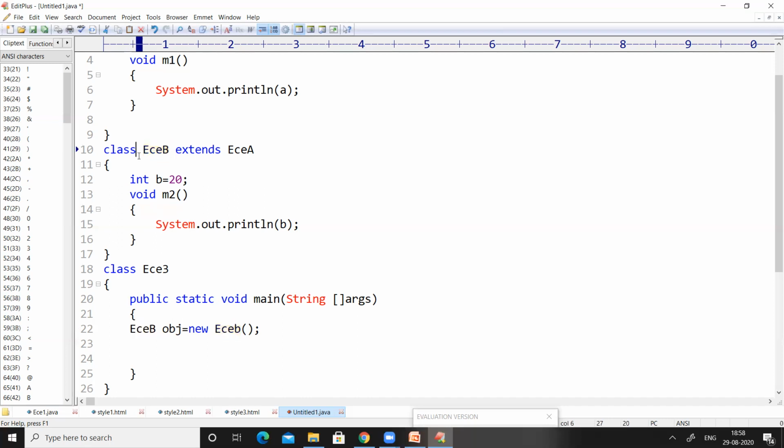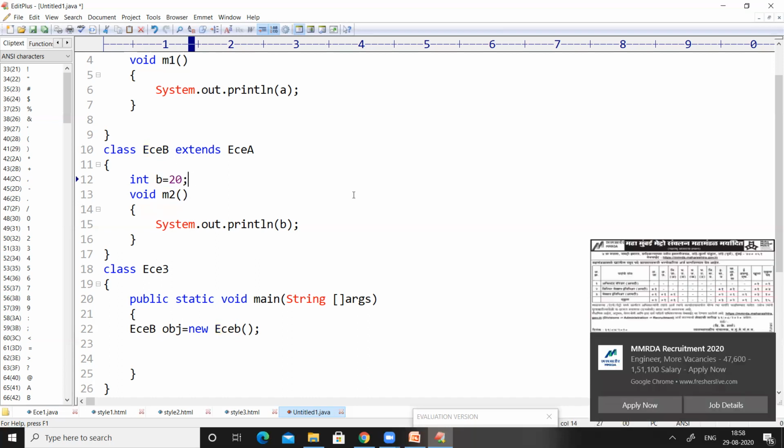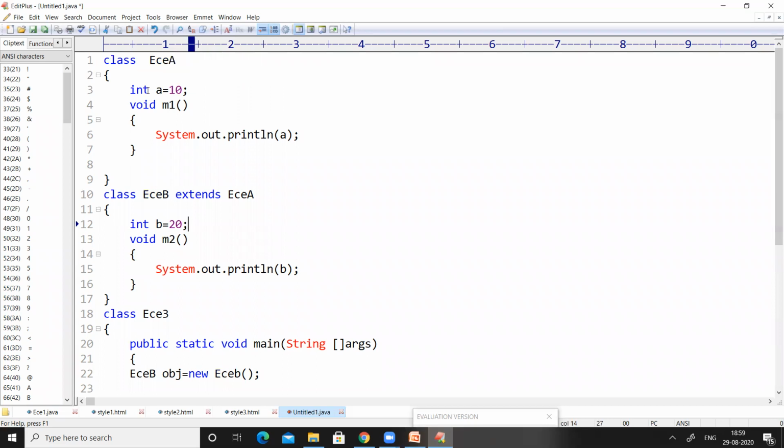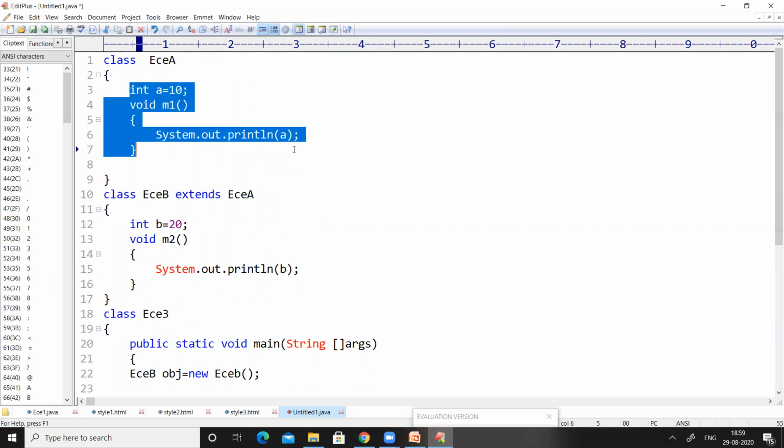So it is ECEB. It contains an integer variable b, where the value is 20, and it contains a method m2, where such method will print the value of b on the output screen. At the same time, whenever the JVM searches for ECEB, it finds there is something called extends ECEA. Then immediately it will move to ECEA, and it will bring the non-static elements of ECEA.